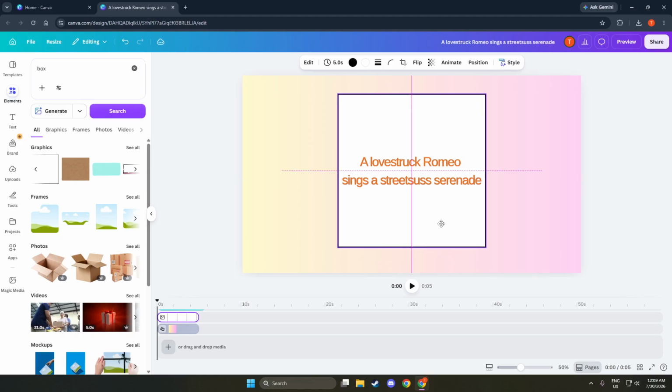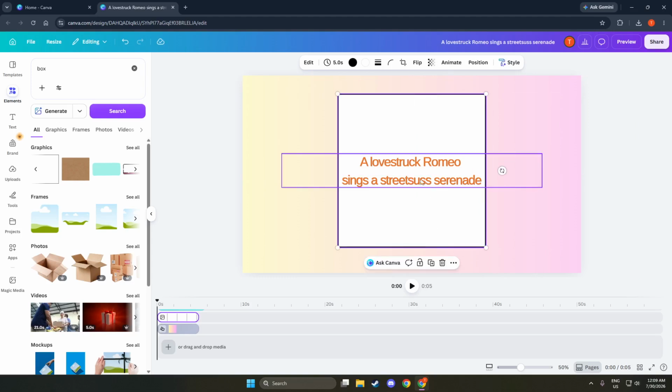After you have chosen, click the shape to add it to your design. A copy of that shape will appear directly on your canvas, usually in the center. You will see blue handles around the edges, which means the shape is currently selected. If you accidentally add more than one, you can click on any extra shape and press Delete on your keyboard to remove it. As soon as it appears, the shape is ready to be moved, resized, and styled.